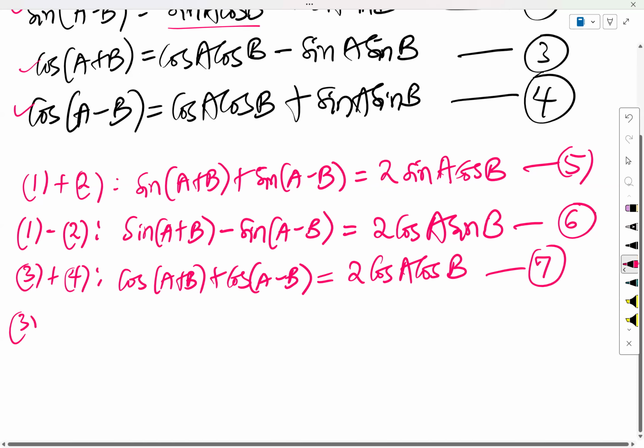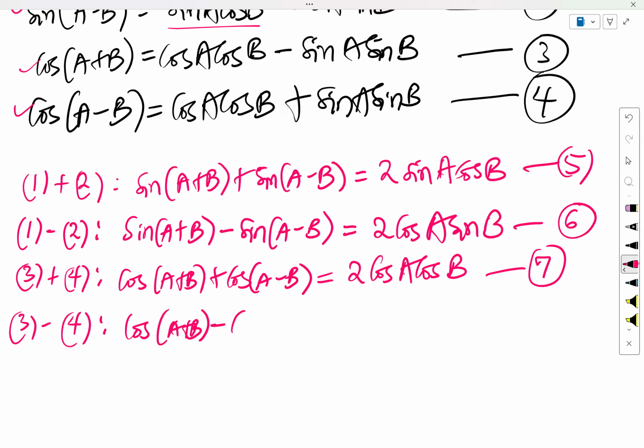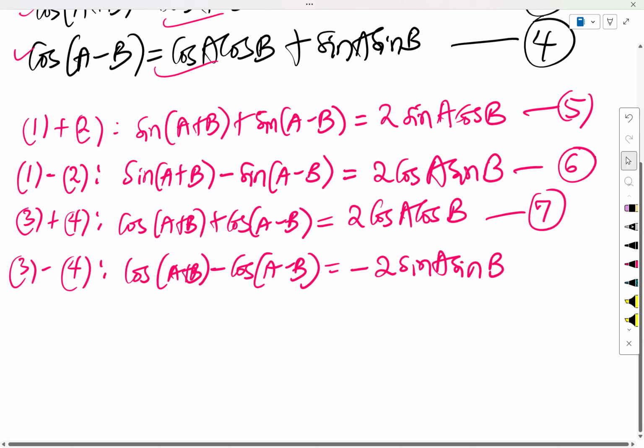And then we have equation 3 minus equation 4. That means you have cos A plus B minus cos A minus B. The cos A cos B terms cancel, that's 0. Then you have minus sine A sine B minus sine A sine B. That will be minus 2 sine A sine B. And to make things look better,